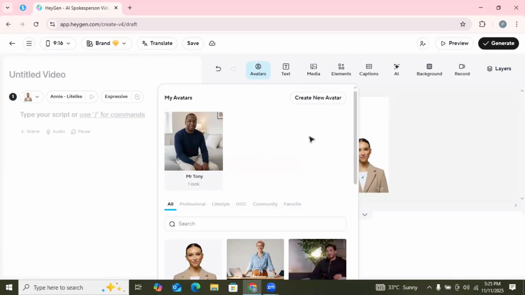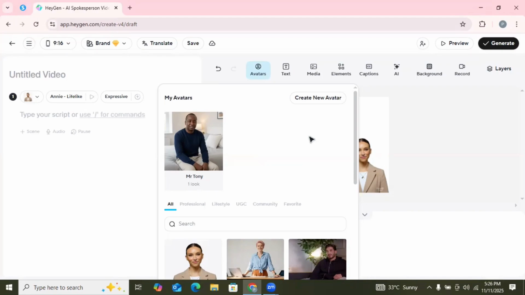It's going to lead you to upload an avatar, right? So when you click on create new avatar, you're going to see 2 options. The first one is to start from a video or something like that. And the second one is to upload an image. So just click on that second one and upload your image. Then it's going to take you through the process of